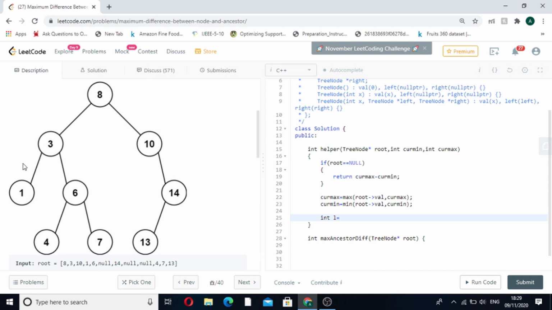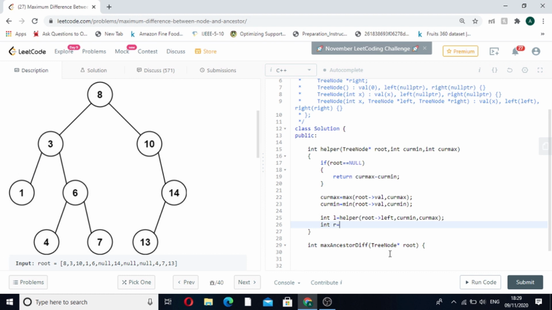At one time we will find our maximum difference from the left side, and one time from the right side. So L will be our answer, we call our helper function with root.left, current min and current max. This is the left answer, given by our left path.